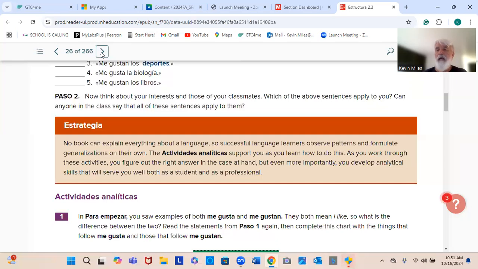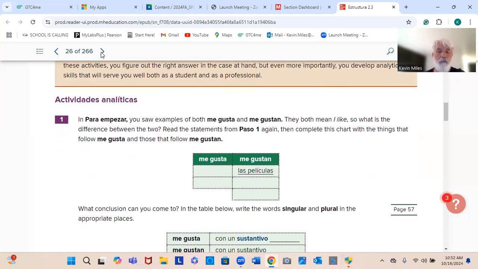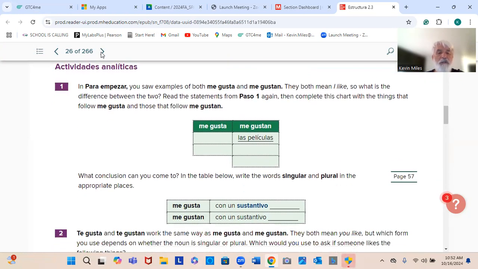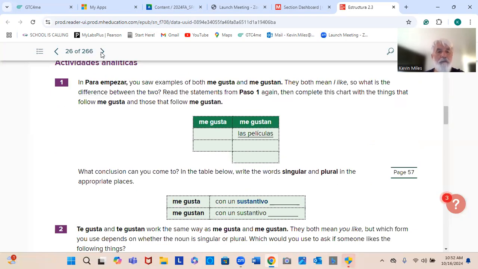Or with activities. I like to eat. Okay, I like to play sports. We'll be using it with verbs. So let's take a look. I'm sorry, let's take a look at number 1 here.